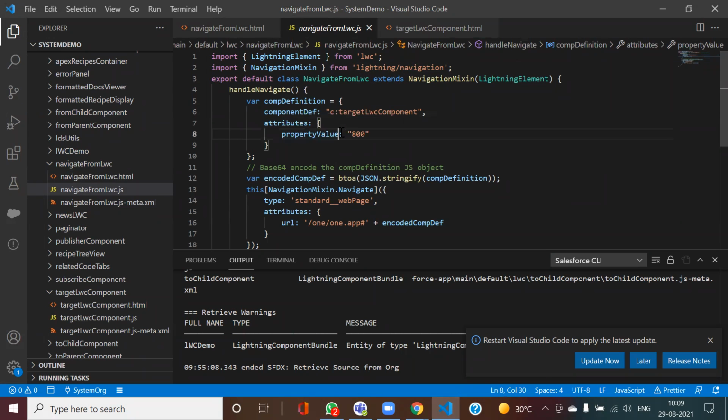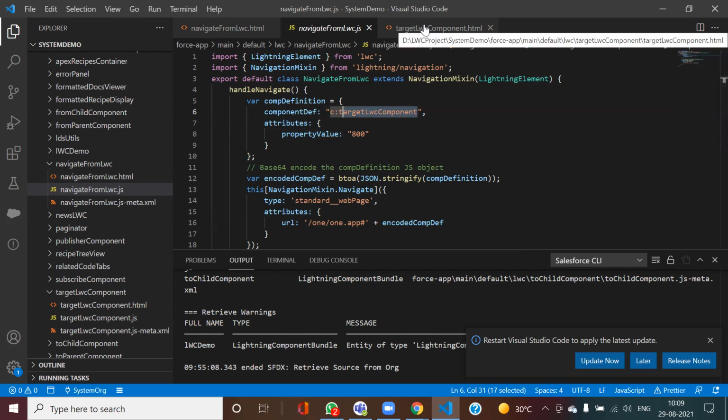Now, if you see propertyValue here, this one should be an API attribute in the other LWC. Since this was defined with @api, that's why I was able to access this attribute from this LWC.